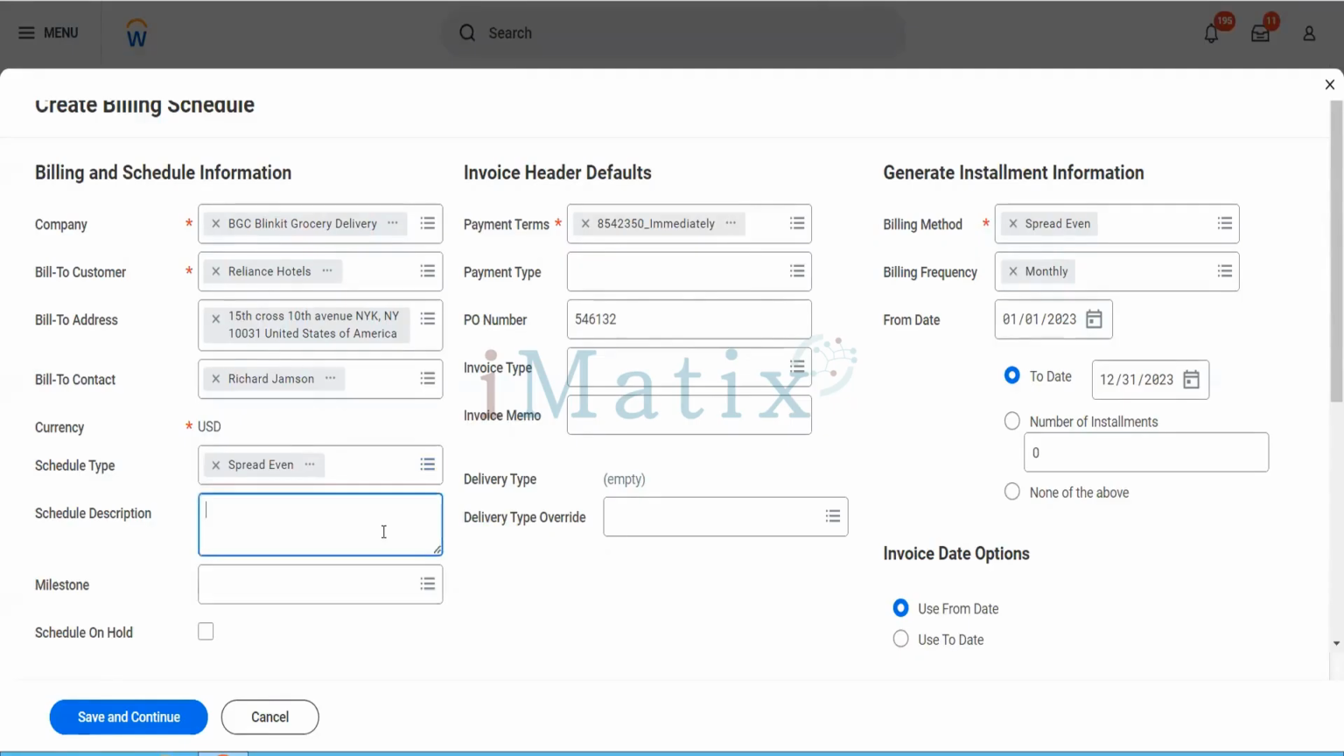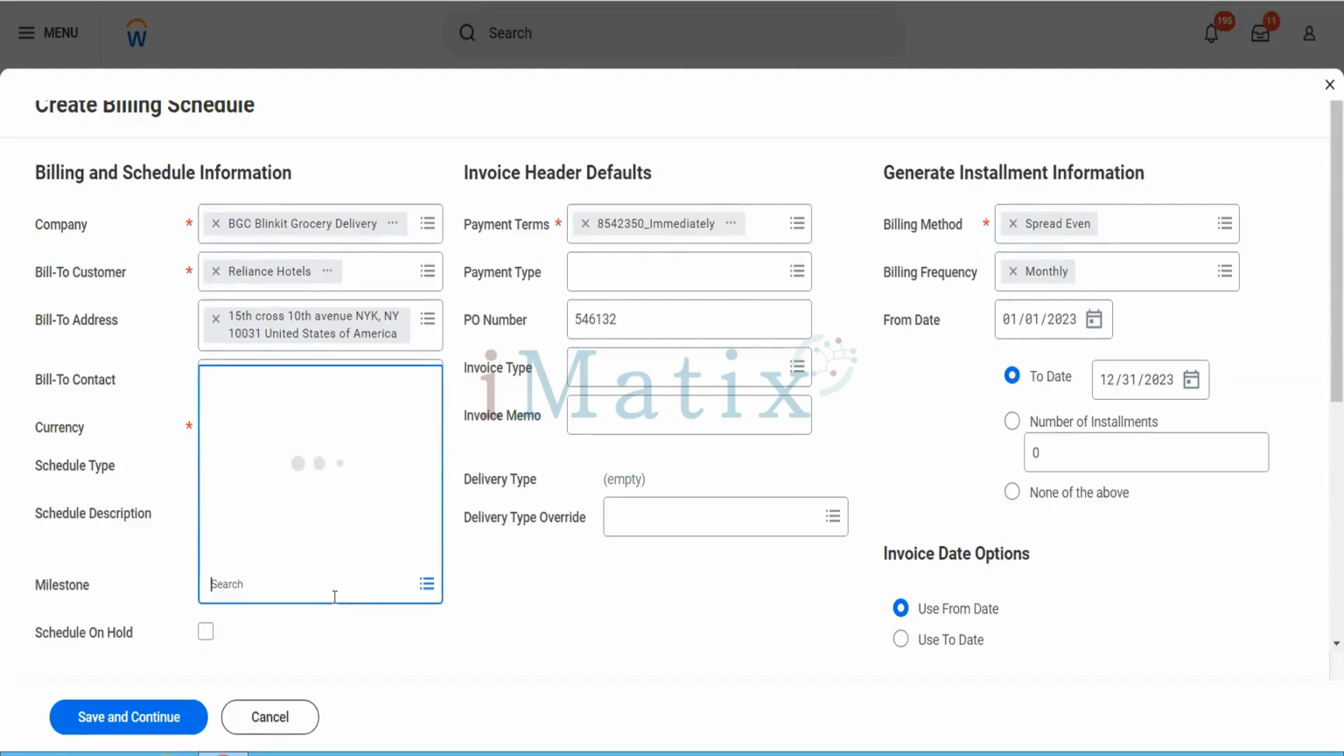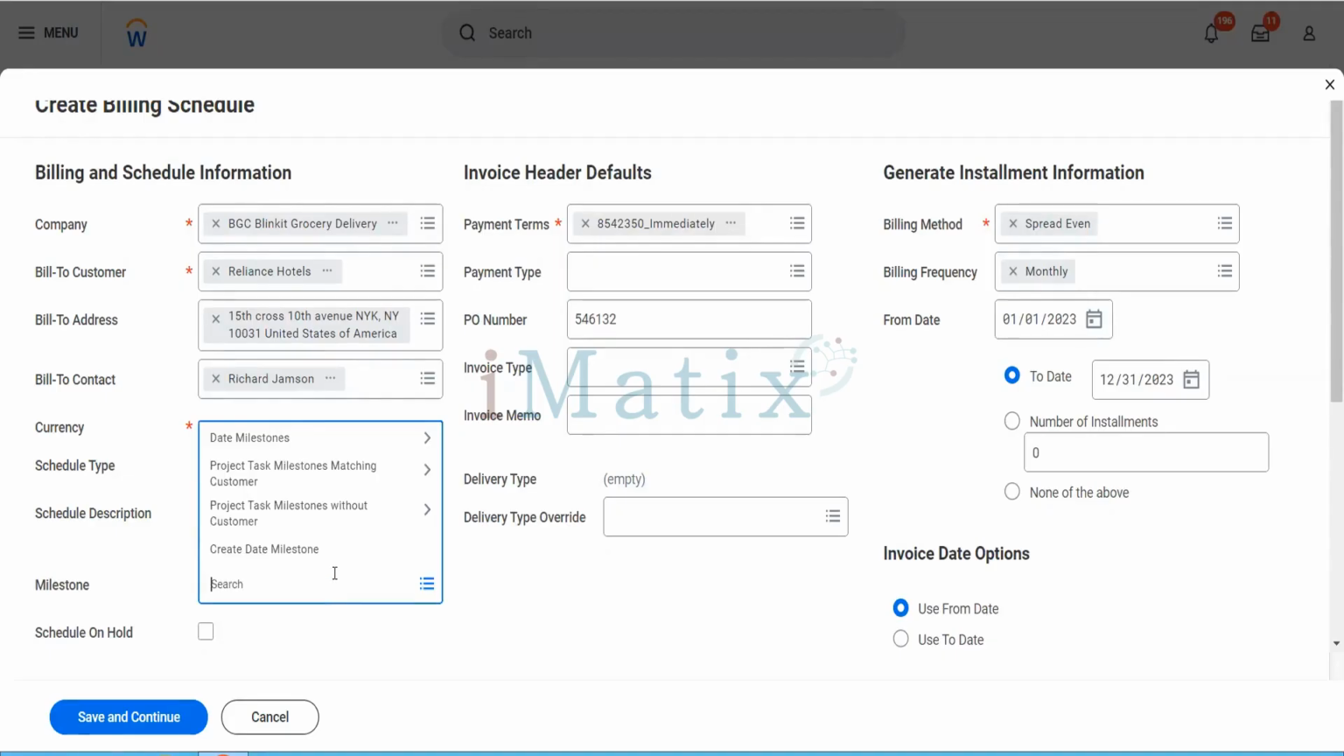Schedule description, a month. Billing schedule, a monthly. Billing schedule, will it be milestone based? Some contracts are milestone based. You hit the milestone. How are the milestones defined here? You can create date milestones. We'll see different examples. Just to explain what a milestone is, you say,